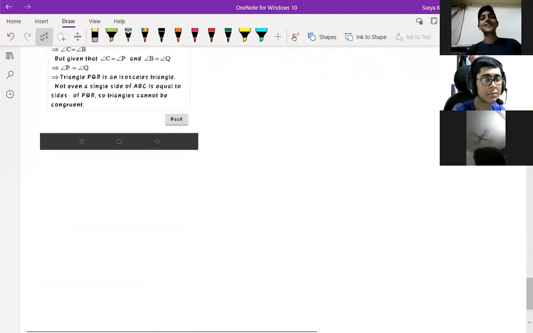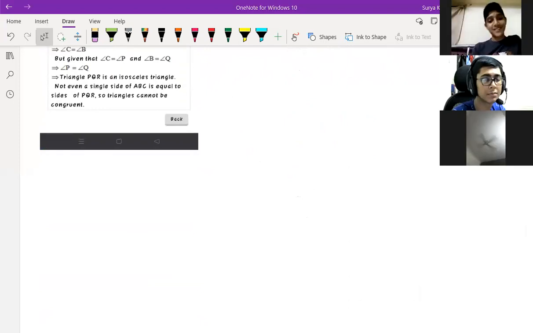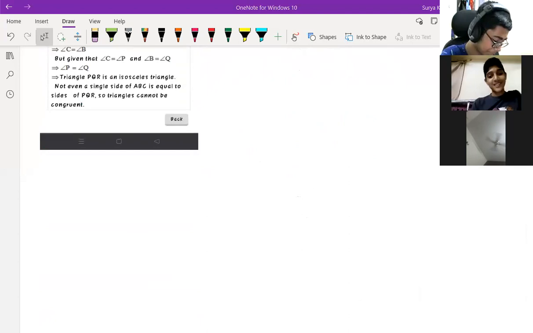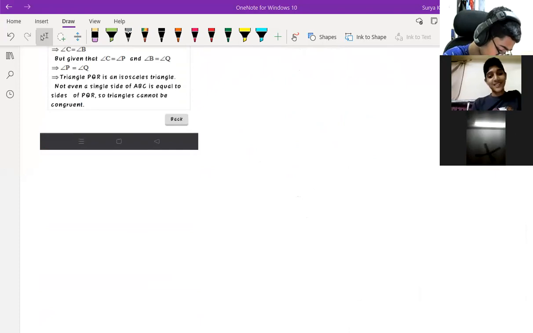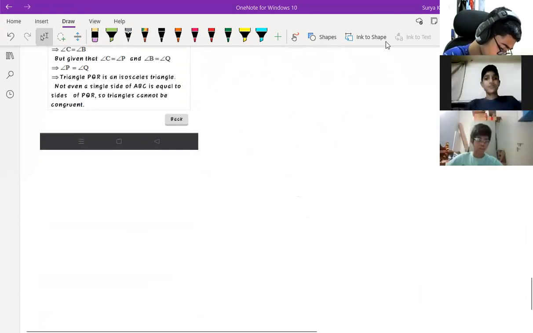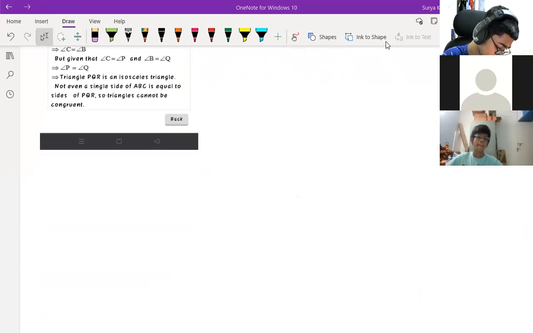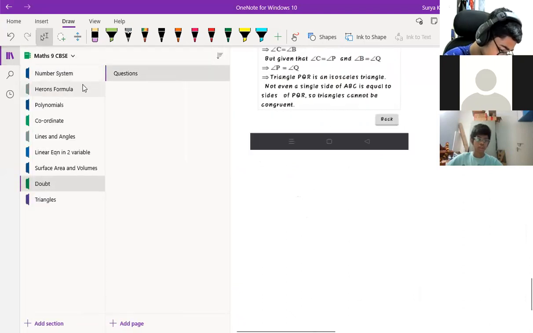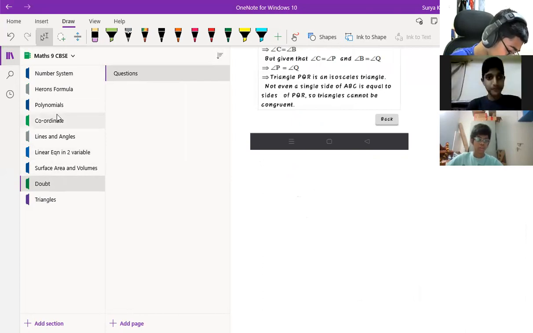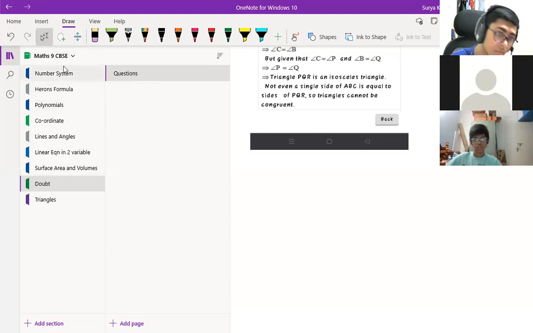Okay, children, Sai Charan's doubt got cleared. So now we start the probability part. Last time we were discussing cards. Sir, the concept of cards we have completed, but the questions of cards we have not completed. Where is probability I've written? I didn't find it here in Math 9th CBSE. I was teaching probability from some other book.